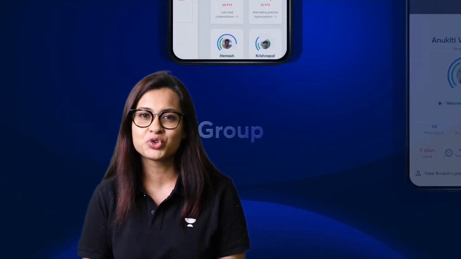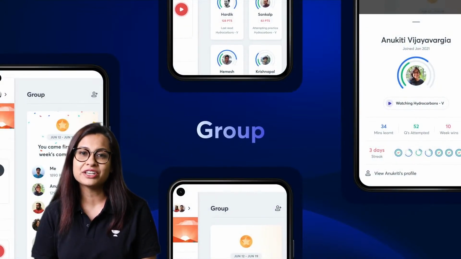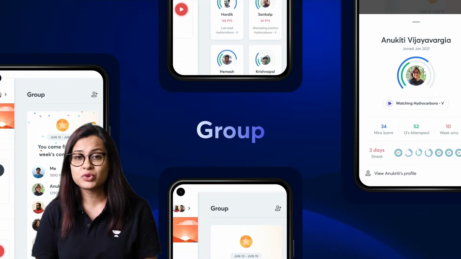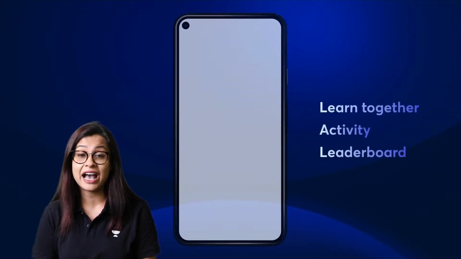We at Unacademy thought it's high time we get your friends and classmates back into the lives and study plan of our learners. With the new app, I'm very excited to introduce Groups. Group is a feature which brings a set of learners together so that they can learn together. These are a set of learners who are preparing for the same goal in the same language and the same